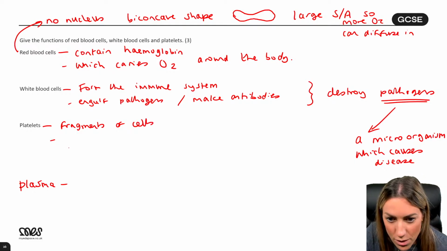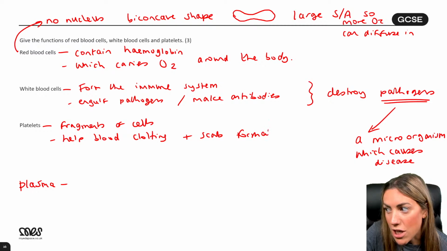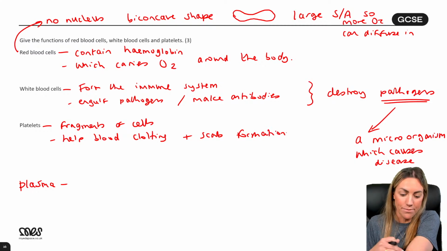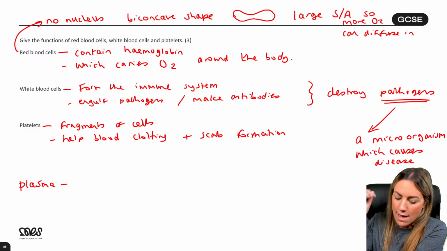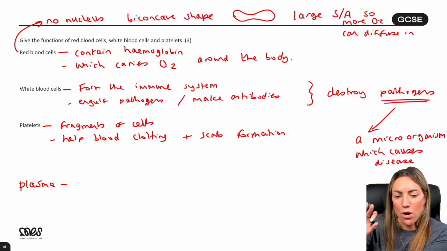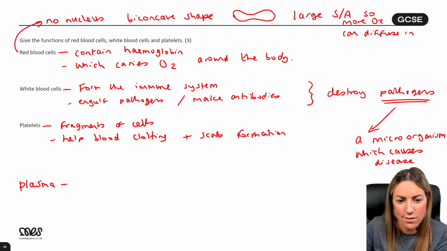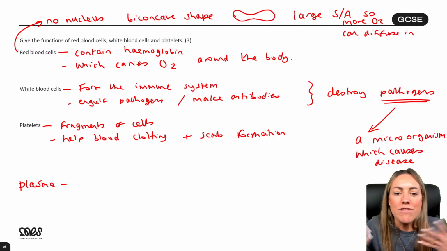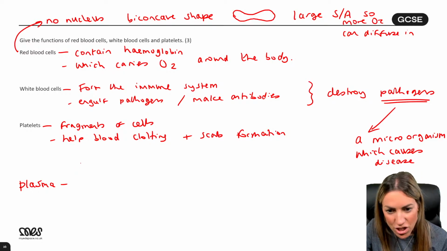What's their job? What's their job? Yes, they help blood clotting and scab formation. So basically, if you cut yourself, right, the danger is that you're going to get pathogens, you're going to get an infection, right? Because you've basically broken the skin's barrier. Pathogens can get in. So the platelets help to form a clot where you've cut yourself, and then that dries, doesn't it, to form a scab, and that reseals your skin's barrier. So you hopefully won't get any infections in through your blood.